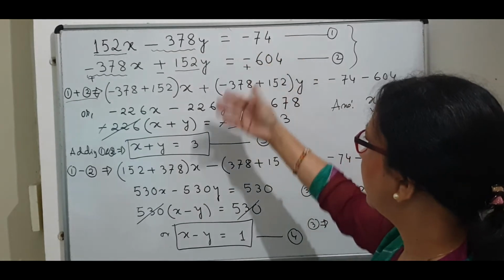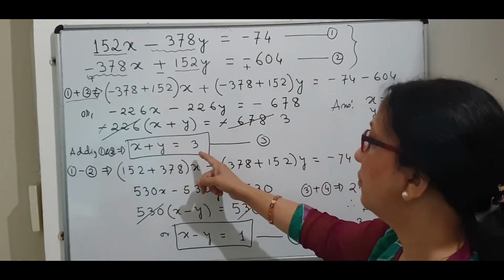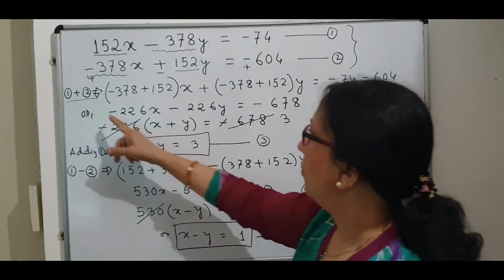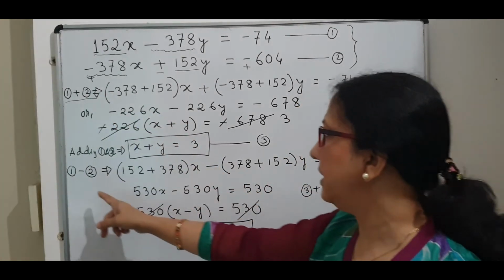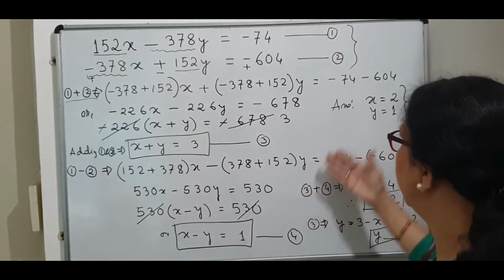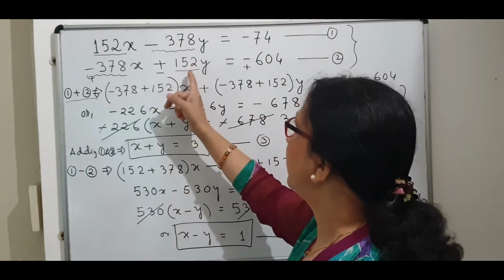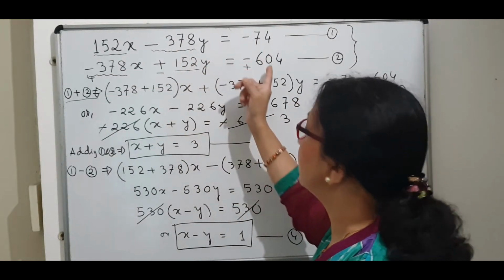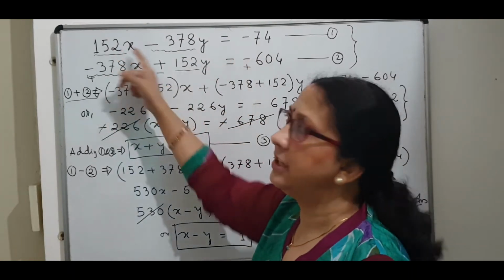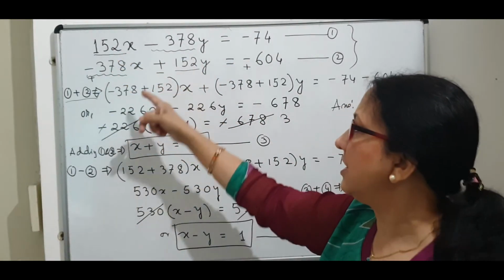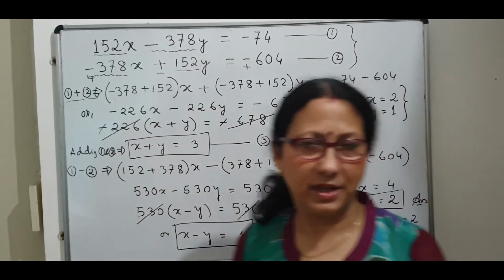Then in this way we can generate two very simple equations, one by adding and the other by subtracting one from the other. Then it becomes very easy. So whenever you see the coefficients are very big and the constant is very big, always observe whether they are interchanging or not. If they are interchanging, then we will follow this method. Okay.